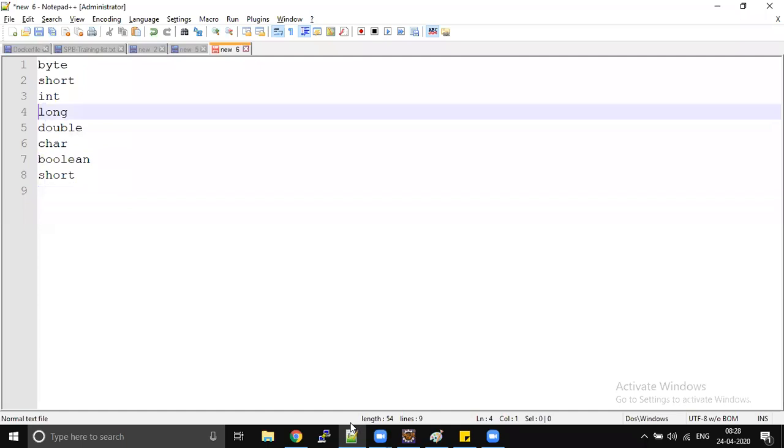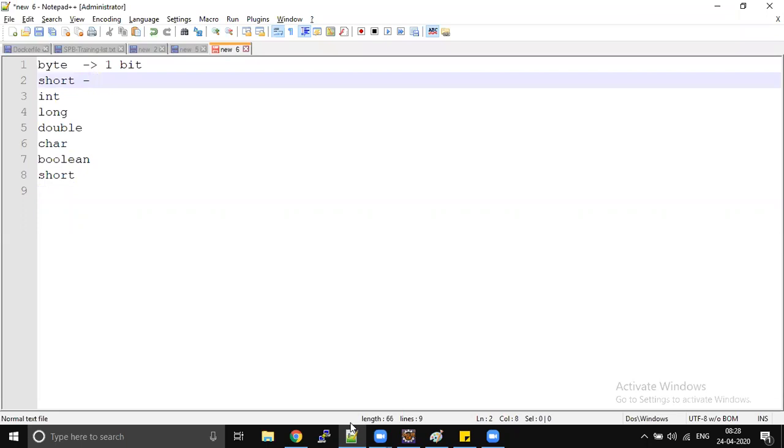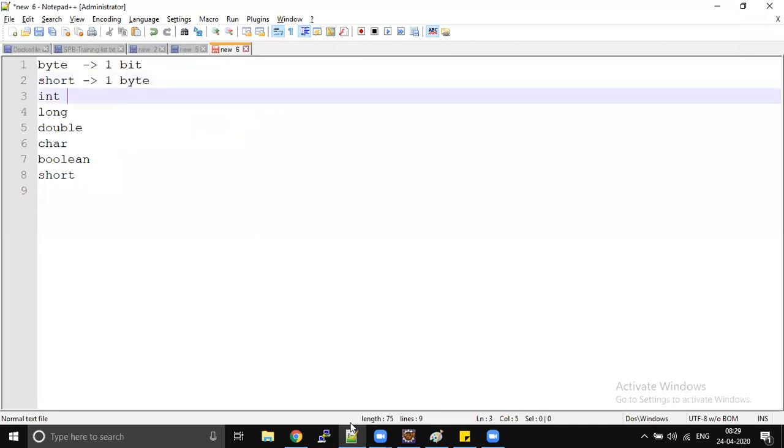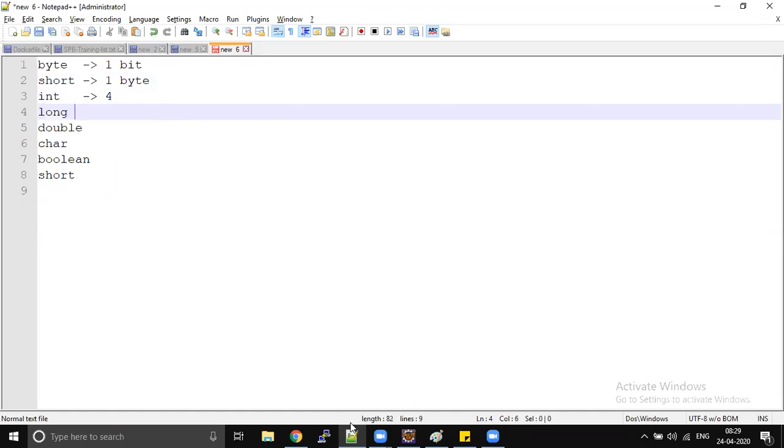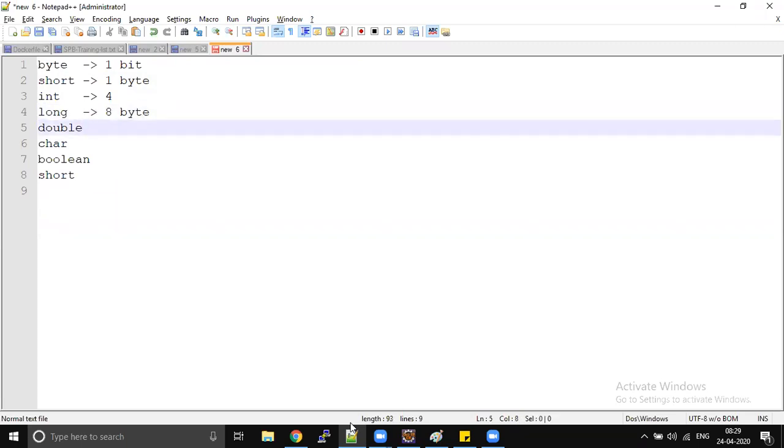Each primitive type has a particular memory space. For example, if you use byte, then 1 byte of memory will be allocated. If you use short, then 2 bytes of memory will be allocated. If you are using int, 4 bytes. If you are using long, then 8 bytes. Similarly for double, we missed one more thing, float.